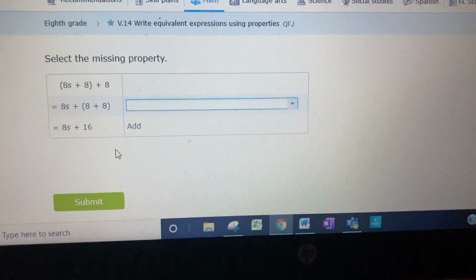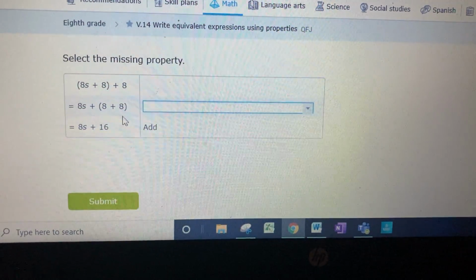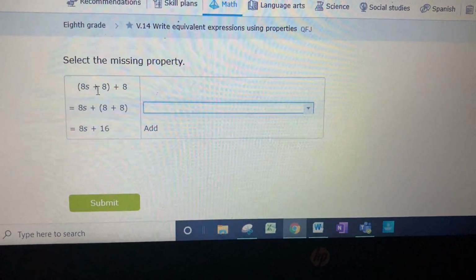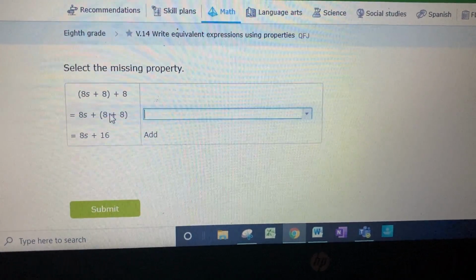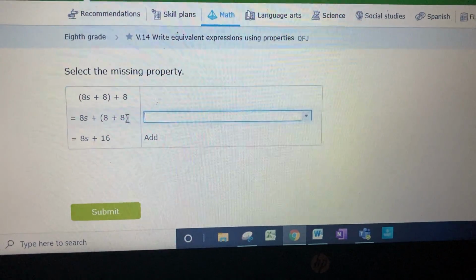Okay, and this one they're just gonna have you choose. All right, so what has happened here? All right, so 8s plus 8 was the first thing. Now the first thing they're having us do is 8 plus 8. So which